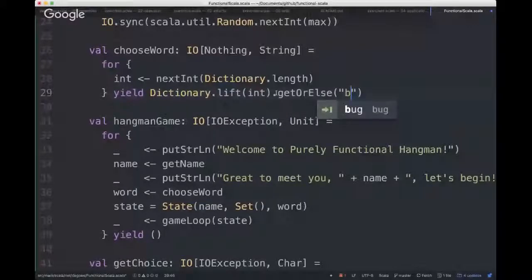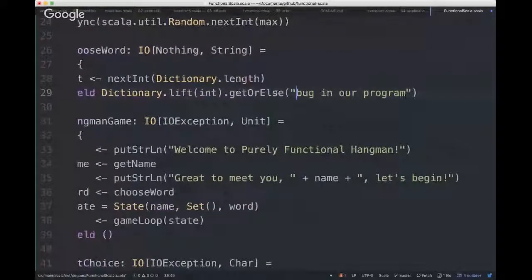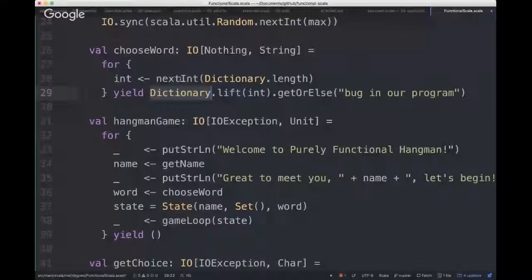In the event that the index is out of range for the list, it means we have a bug in our program, a bug in nextInt, or maybe we just passed the wrong length to the nextInt method, because the integer was outside the range of this list. So here we're using lift, so we get an actual function out of list. If you use the ordinary apply method, it could throw